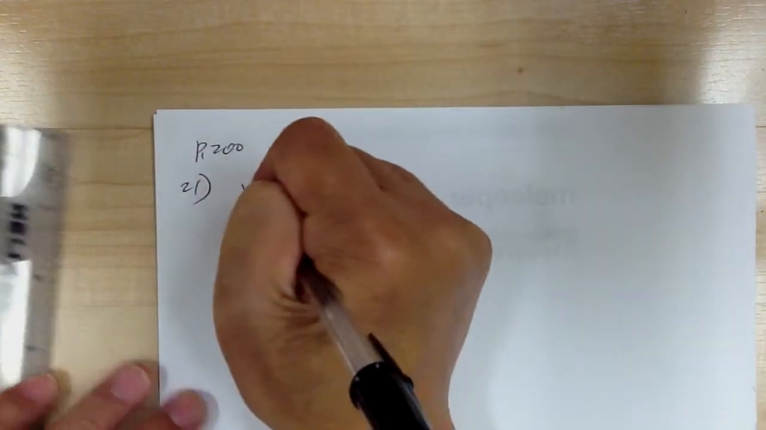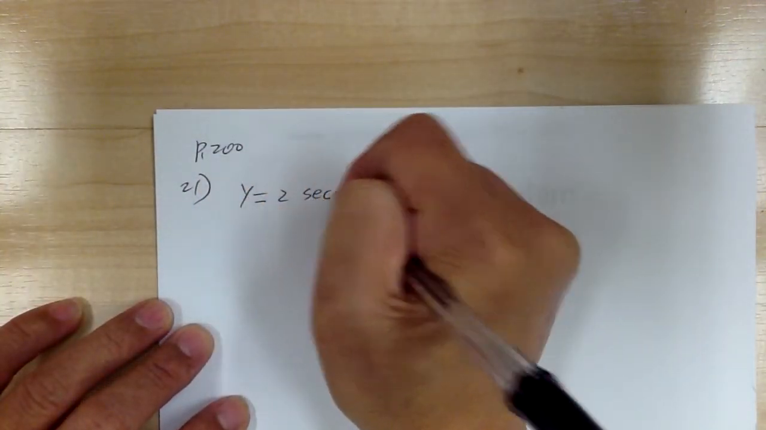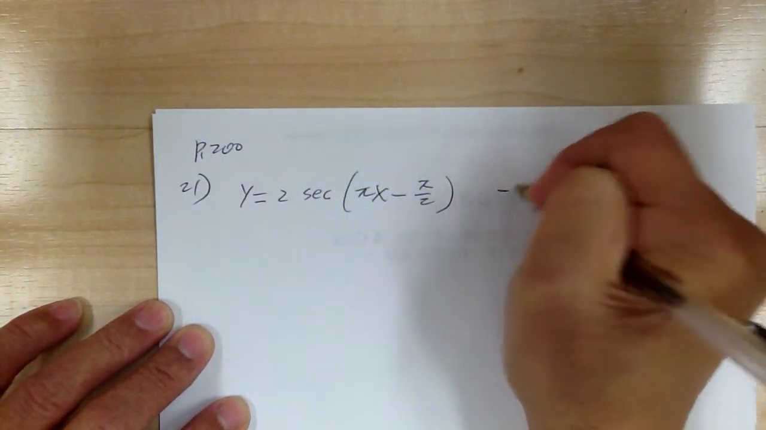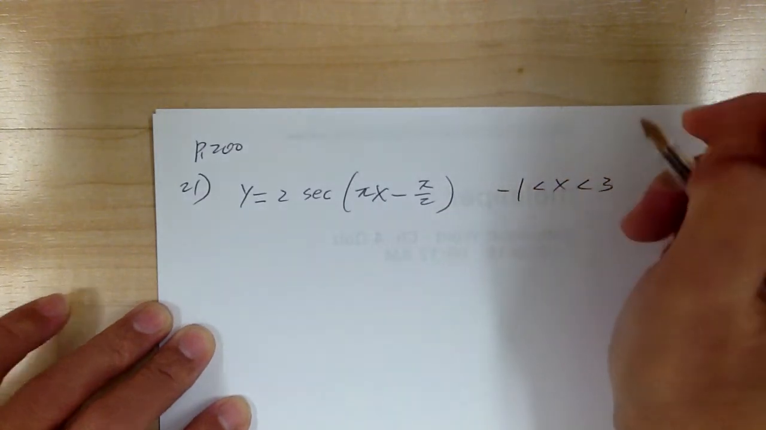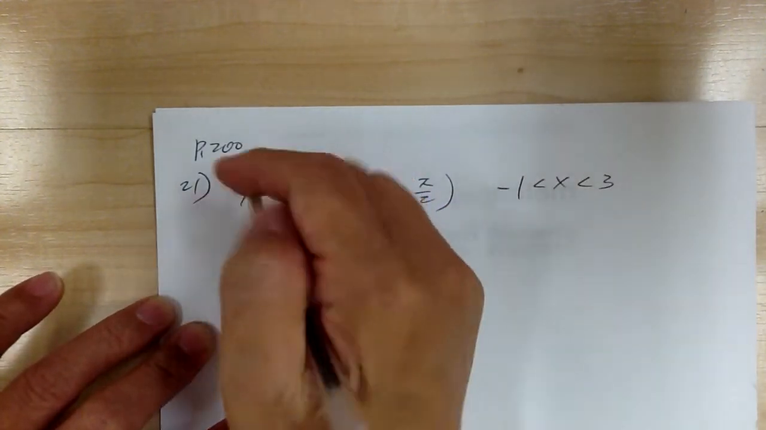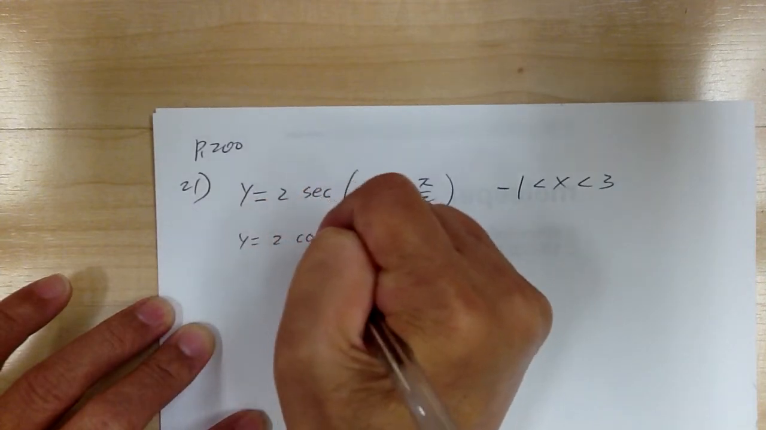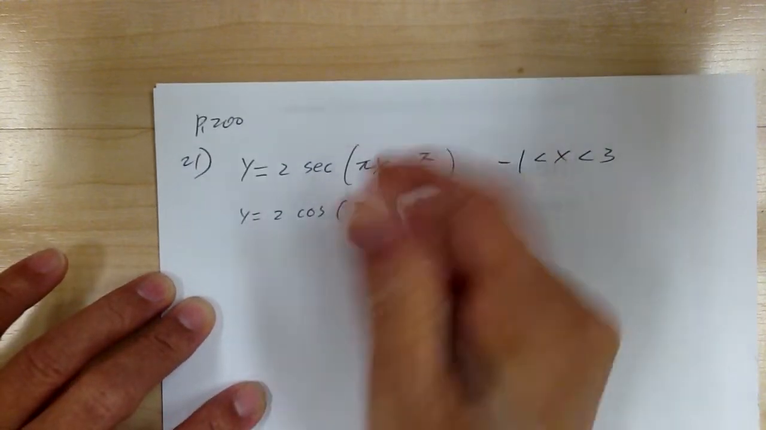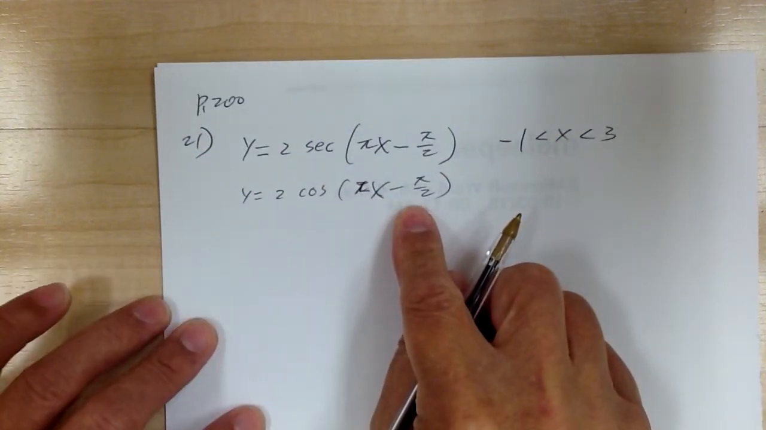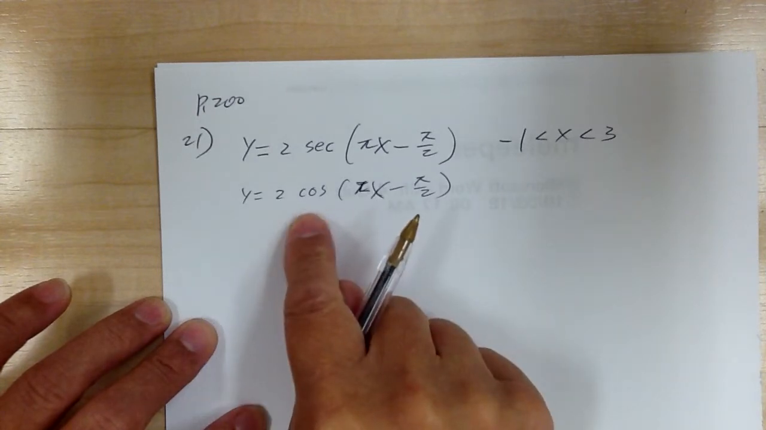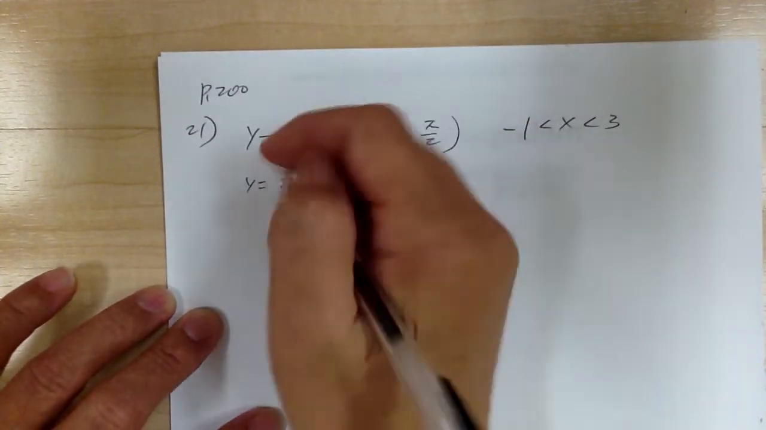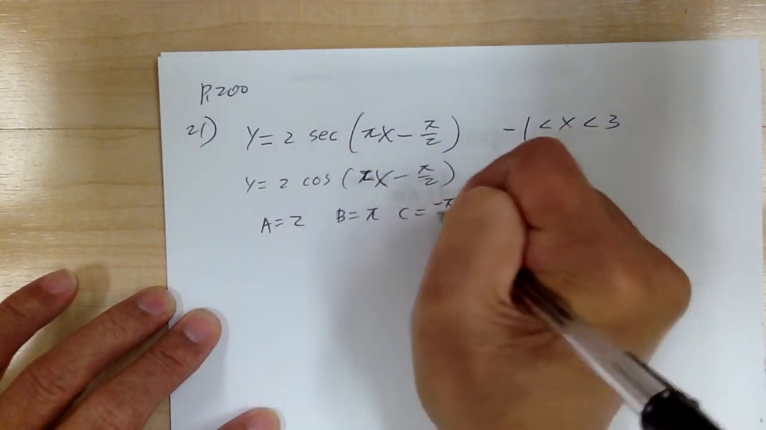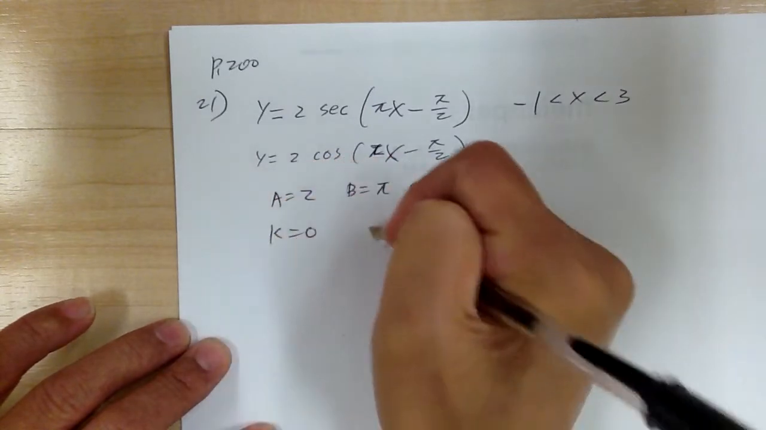Okay, you have y equal to 2 secant of pi x minus pi over 2. And you want to go from -1 to 3. So secant came from cosine, so you have to pretend that you're graphing 2 cosine of pi x minus pi over 2. Okay. So you don't have to write these. I'm just writing them out to help you kind of visualize and remind you that's what we try to do first. So a equal to 2, b equal to pi, c equal to -pi over 2, k equal to 0,